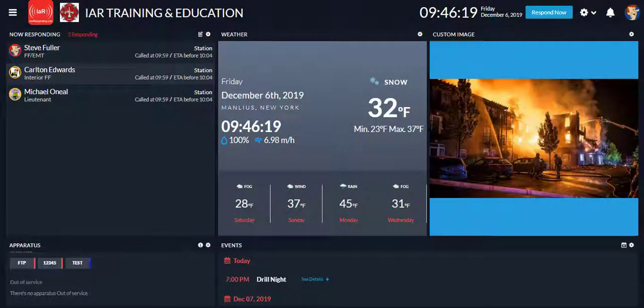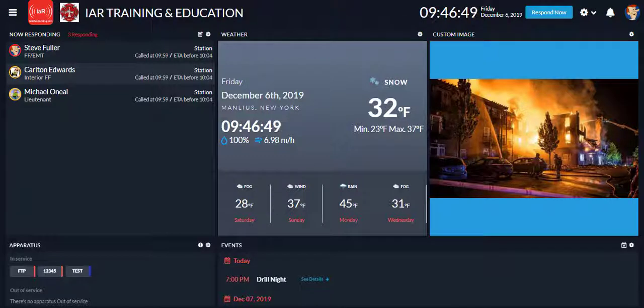iResponding's notification system. We can deliver notifications to you through a multitude of ways. Text message, email, of course the iResponding application, but also the iResponding website. If you're a user of iResponding and you have a home computer that you may leave up and running in a home office or in a location where you may be able to hear it, it's worth logging into the iResponding website and turning on those notifications. In case your phone happens to be left on silent in the other room, your computer speakers can alert you